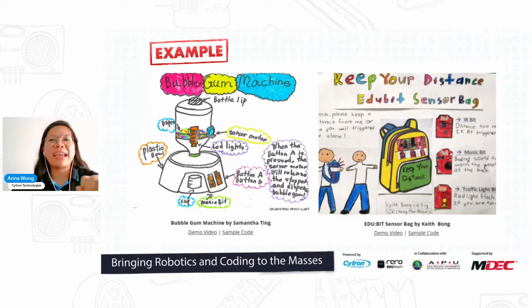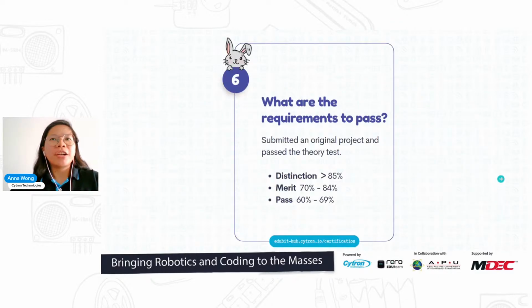So you have 1 month left. Prepare and sign up, okay? And then what are the requirements to pass? It's definitely 60 and above, okay? This is for the theory test, and for the project, there's,